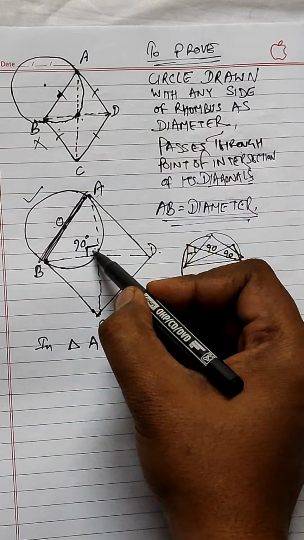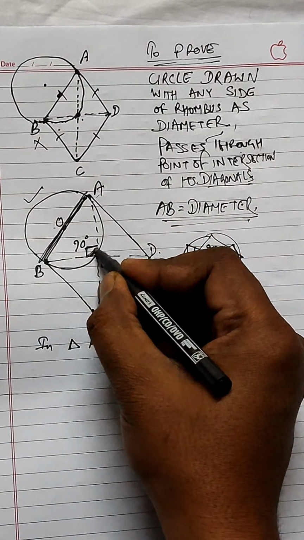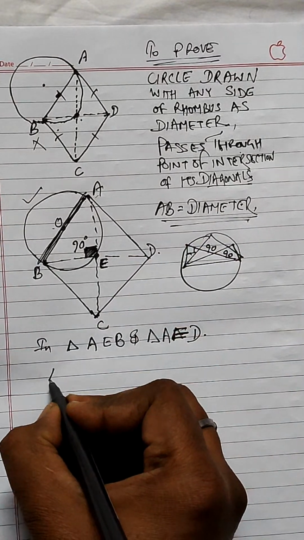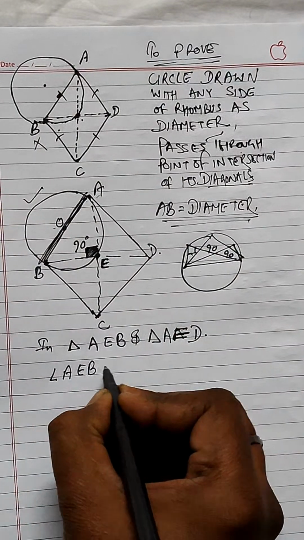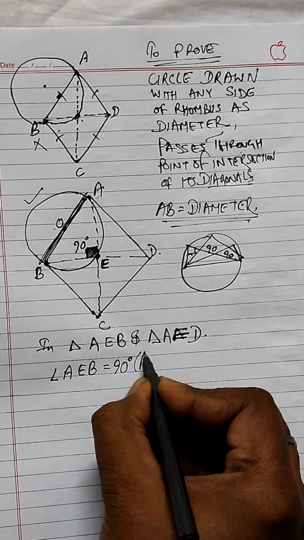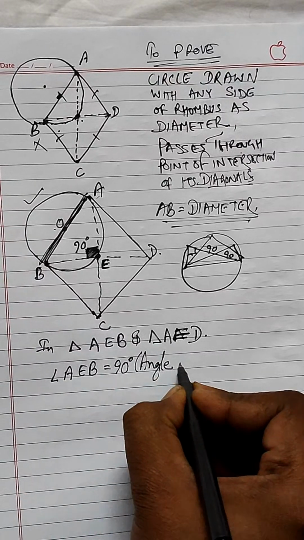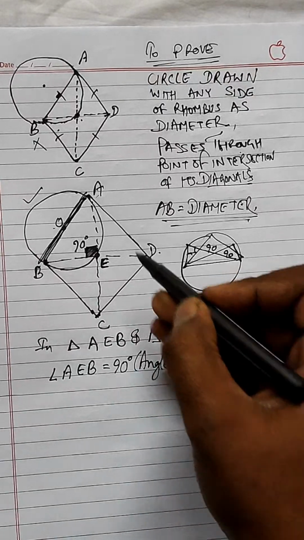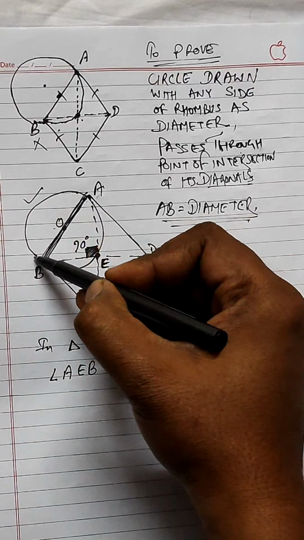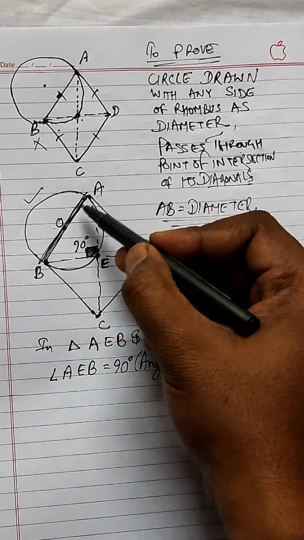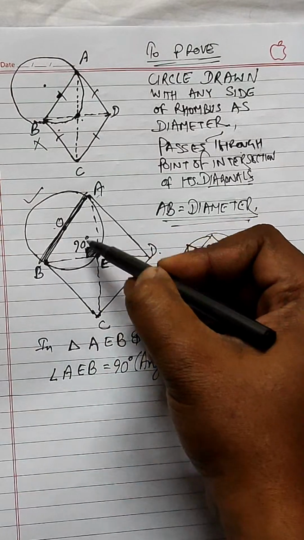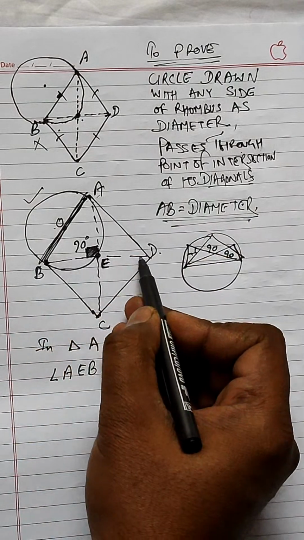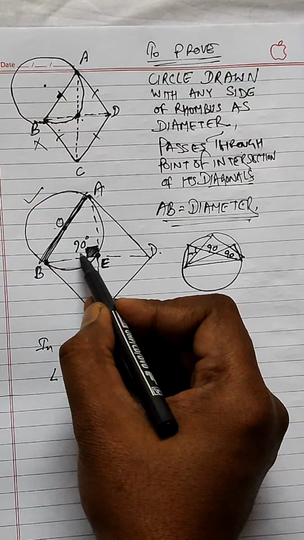So being an angle in the semicircle, this angle, I'm just highlighting it so that it is visible to you, we can say that angle AEB equals 90 degrees, since this is an angle in a semicircle. That means this angle is formed by this arc, the semicircle, where diameter AB is forming this angle. Now, if angle AEB is 90 degrees and BED is a straight line, then what is the value of angle